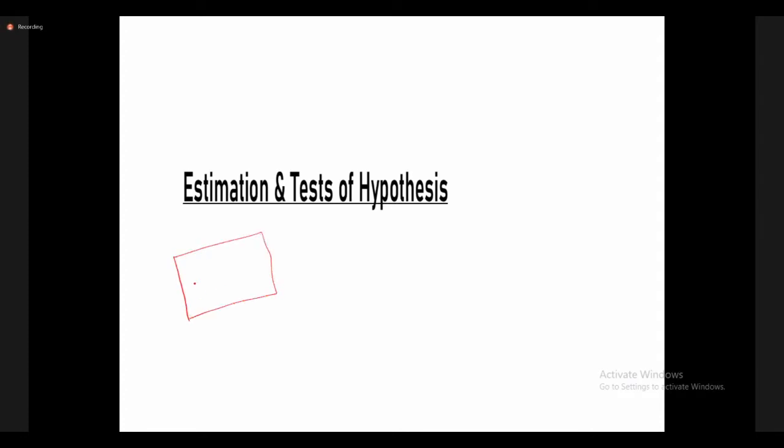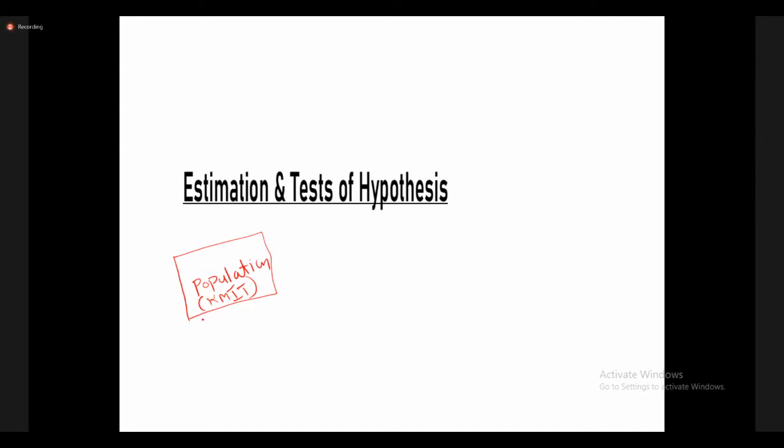There is a population. It is not always possible to estimate the population parameters directly. Simply, I'll give one example. Here, the population is KMIT. Now, I want to find the mean height of the students in KMIT. In that case, I can't measure each and every student in KMIT. How do we find it?